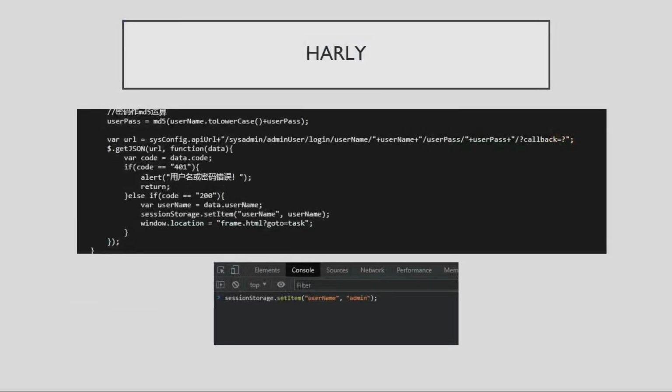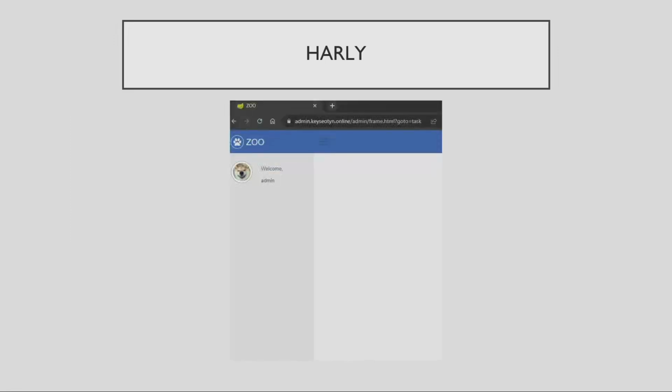I just checked on JavaScript and saw that there was no actual backend verification. There was only front-end verification on the login. And once the code was 200, it was setting an item on session storage, the username. So all I had to do was a session storage set item for an admin, and I saw the admin interface, which,